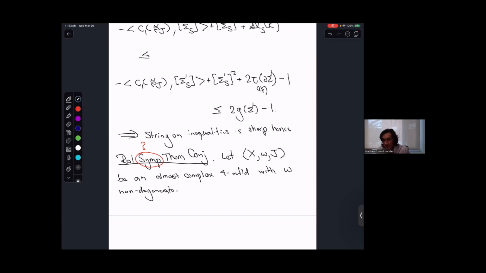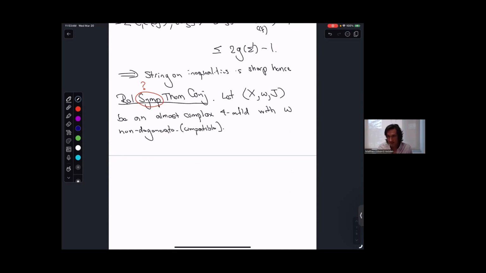If I have an almost complex structure, I can always find a non-degenerate two form that's compatible with it. This is the kind of 2 out of 3 lemma from symplectic and affine symplectic geometry pushed into manifolds. So suppose I have an almost complex Floer manifold with a non-degenerate 2 form,